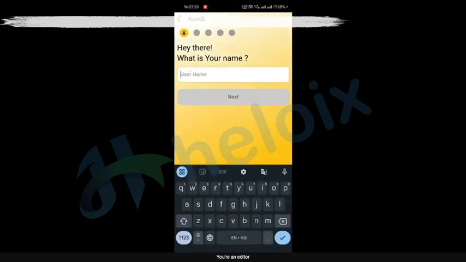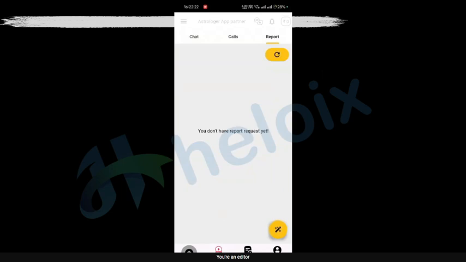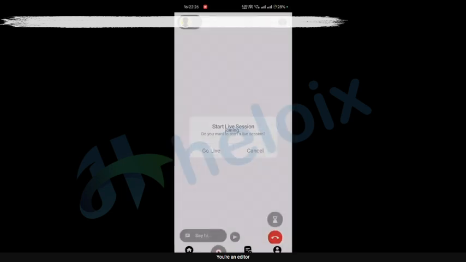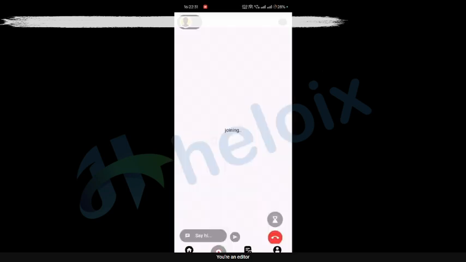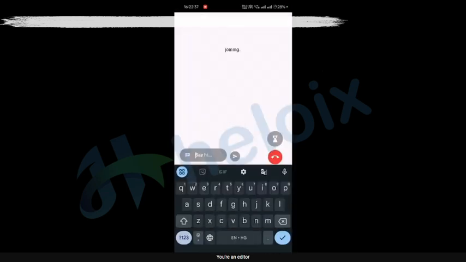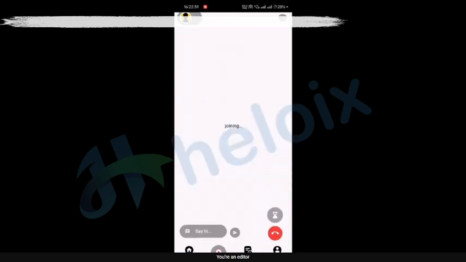You just need to have some data and you can create it. This is a demo account, that's why we are not going there. Here your astrologer can go live as well. You just need to assign and allow them permission and then you can go live. Here you can disconnect, you can chat, or you can do all the things easily here.